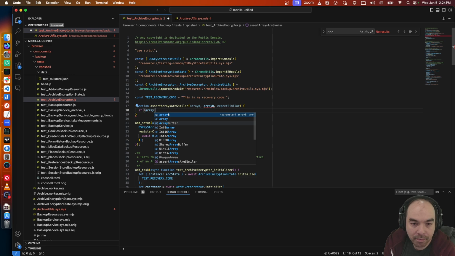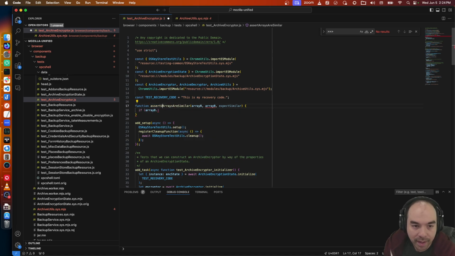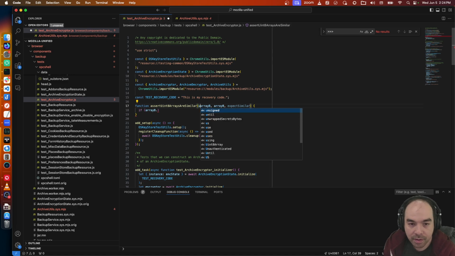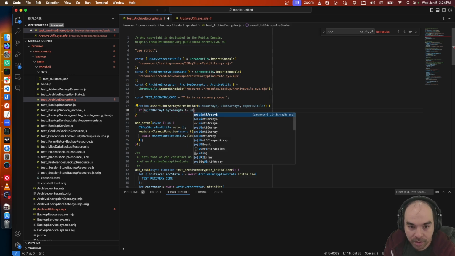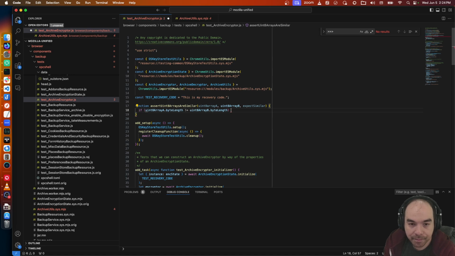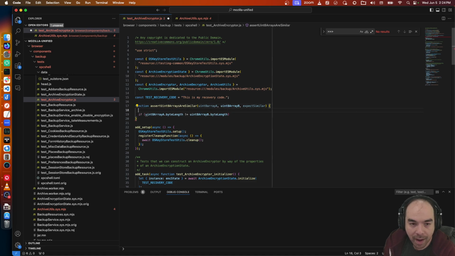Assert Uint8 arrays are similar. Uint8 array A, Uint8 array B. If Uint8 array A dot byteLength is not equal to Uint8 array B dot byteLength, or how about this?